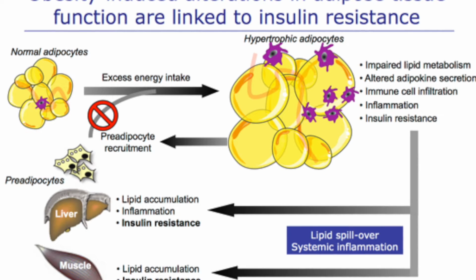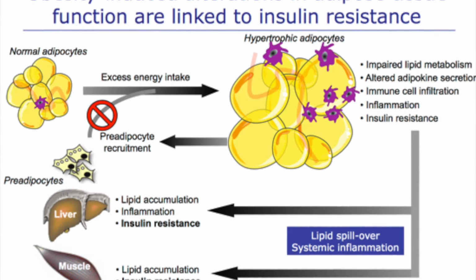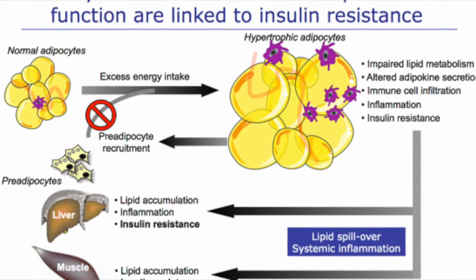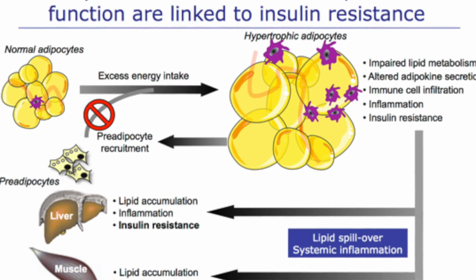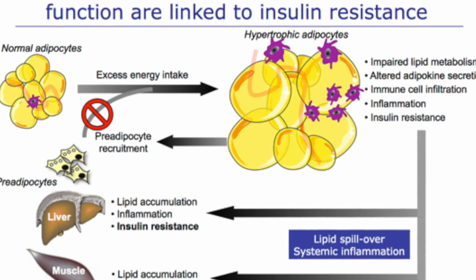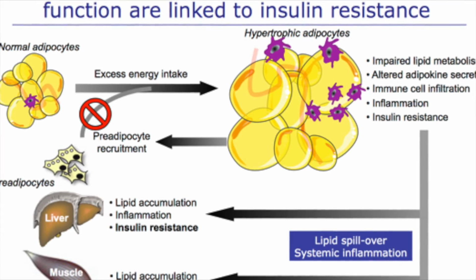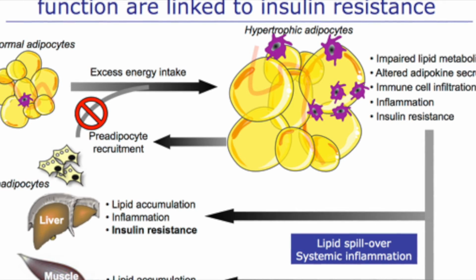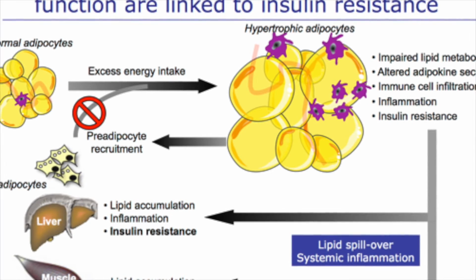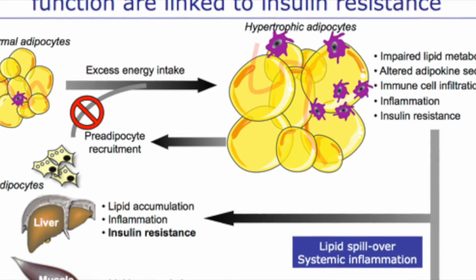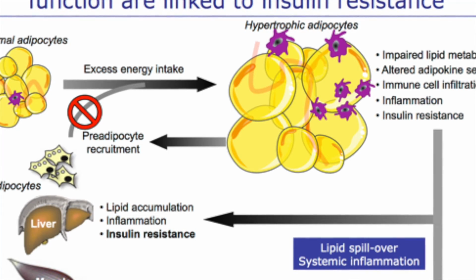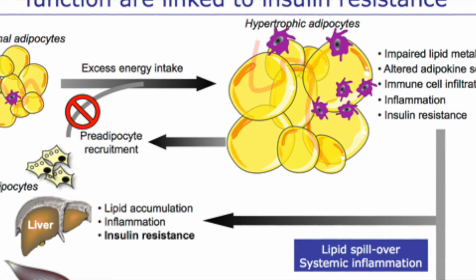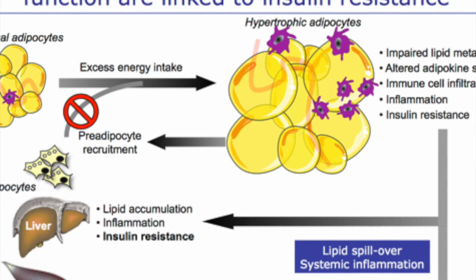This will lead to a majority of dietary fat remaining in the circulation. Because of this impaired adipose tissue storage, lipids will overflow into the circulation, so you will have higher plasma free fatty acid levels. And more fat will be directed to other organs than the adipose tissue, and so it will be stored as ectopic fat. This may induce insulin resistance in